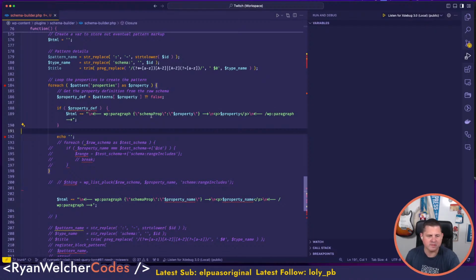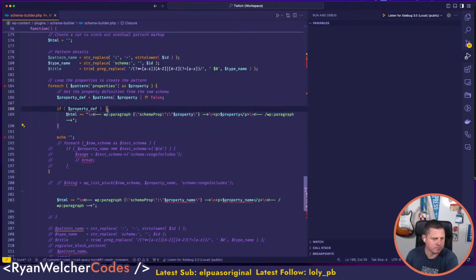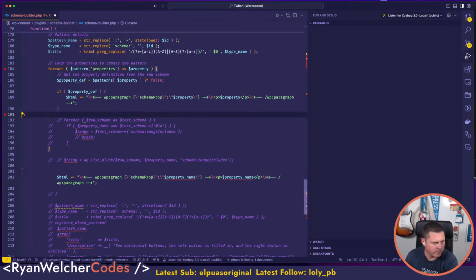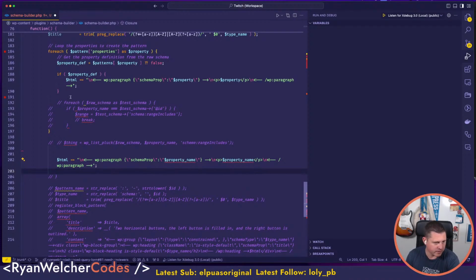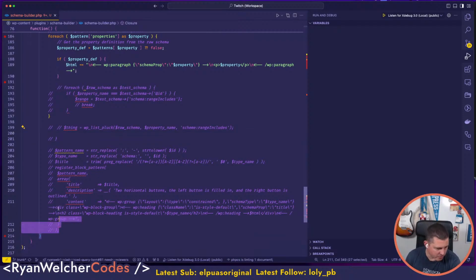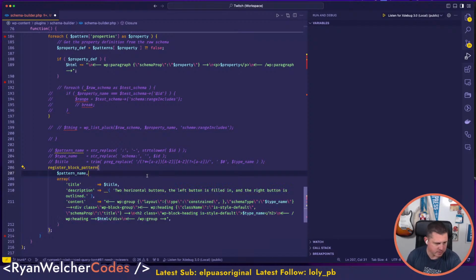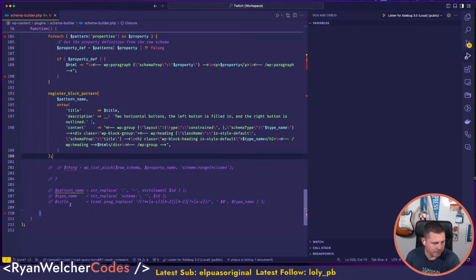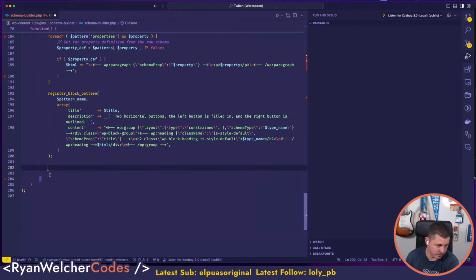So remember we added the schema prop thing, CR0 bit. Okay, so let's see what that's going to do. We don't need this anymore, and this is just a lot of stuff that I can probably just delete for now. Right, and then we can register our block pattern like this. So we have a pattern name. So I'm going to move this. I'm going to clean up some of this code. Sorry, because I don't think anything I wrote before is really going to stand up here because it's junk,